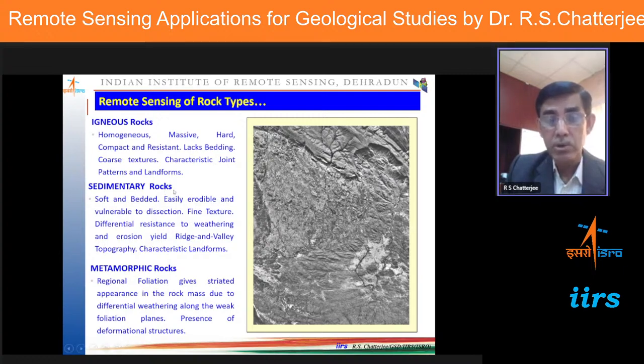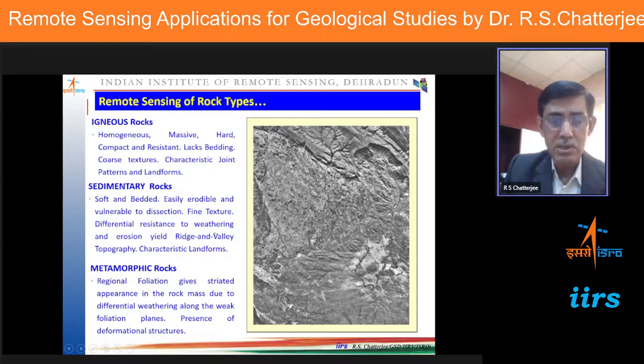Whereas sedimentary rocks, they are deposited. So particles are deposited, so they are soft. Their surface is smooth, so their texture will be fine. And because they are deposited at different times, there will be different layers of deposition. So they will have some kind of layered appearance. And there are characteristic landforms like ridge valley, like hogbacks, cuesta, plateaus,